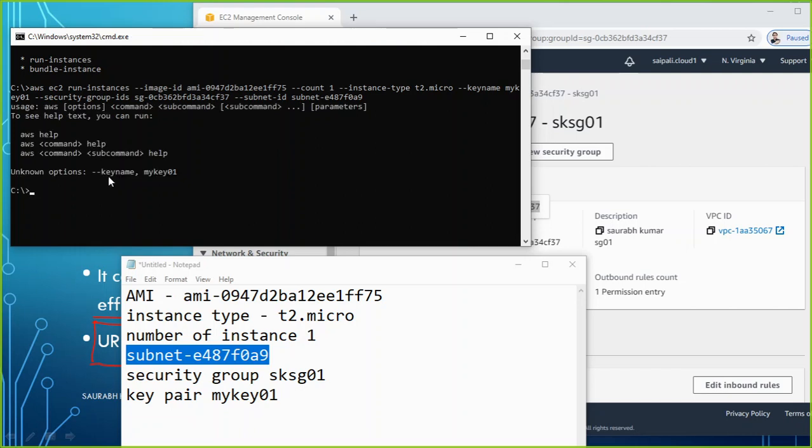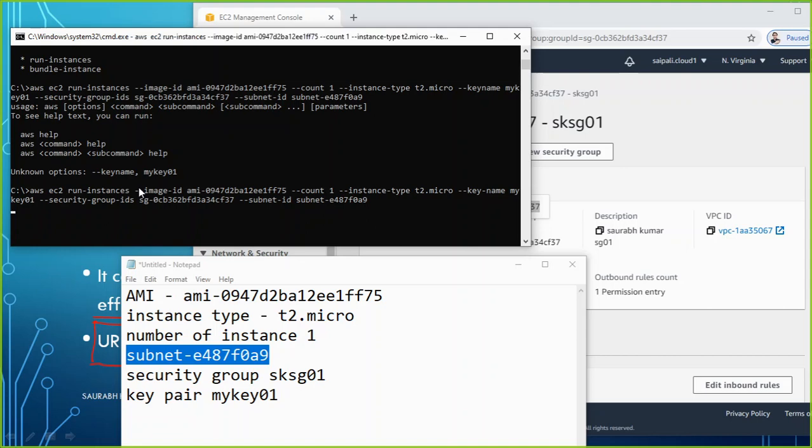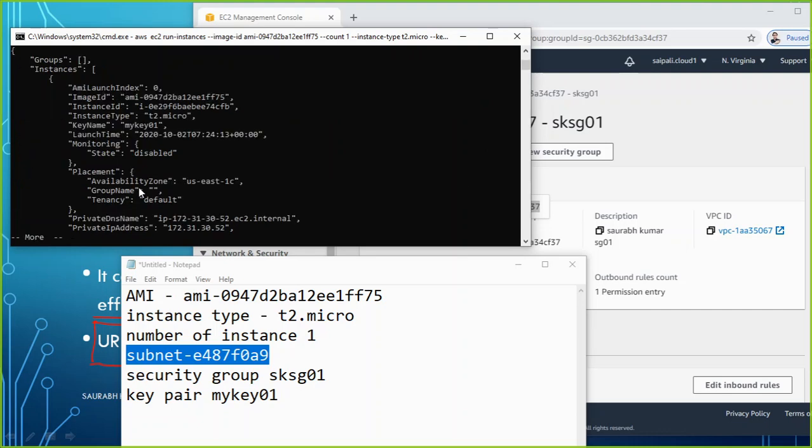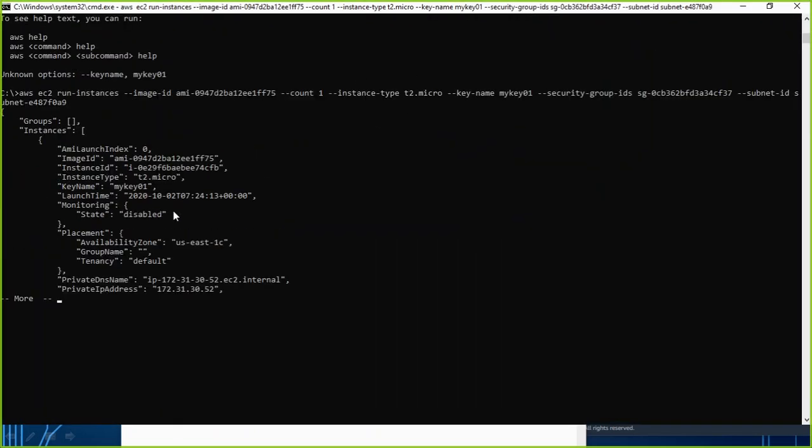Now it is giving me error of key name. So now let's check again the command where I have done any mistake. Oh, yes. So between key and name there is a hyphen needed actually. It should be like this. Hit enter. Now if everything is fine, it is going to perform the task. Yes, it is giving me the output in JSON.